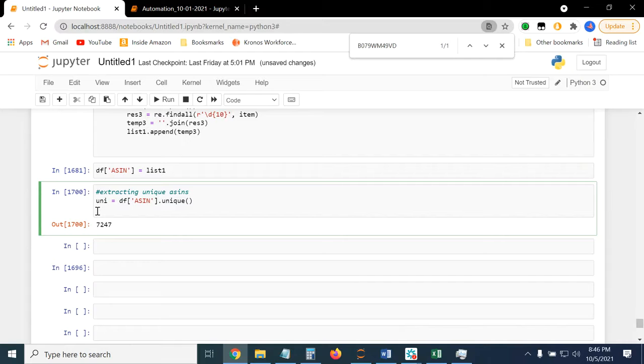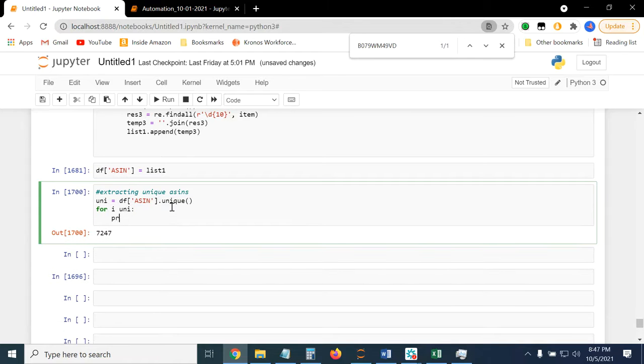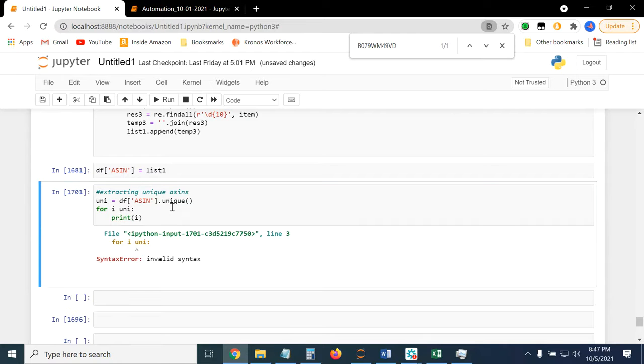What do we have to do now? Now we have to extract the required output. What is our required output? Our client wants the particular ASIN, all the original and duplicate case IDs along with the comments, right? So here I have to iterate through this uni variable by using a for loop. If I print uni, as you can see,